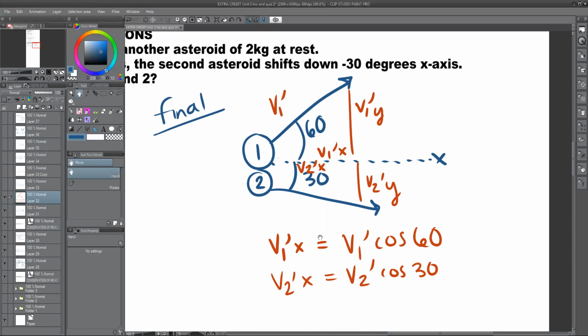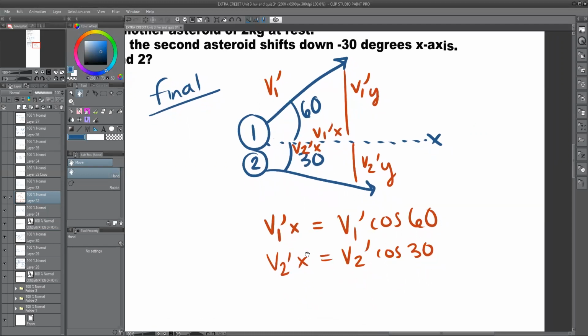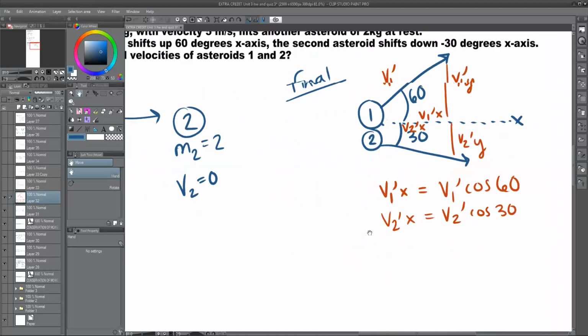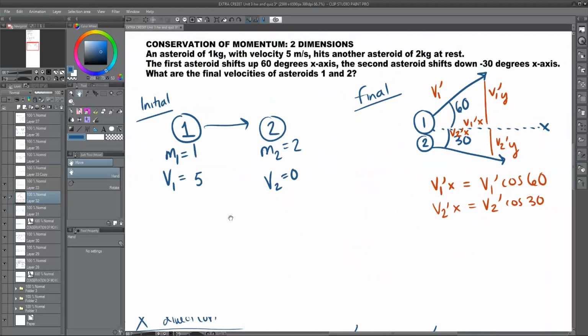So it's 30 degrees right there. So we would replicate this for v1 final y and v2 final y, except it would be sine 60, and it would be cosine negative 30 because it would be going negative on the y-axis. So knowing this, we can plug in for our